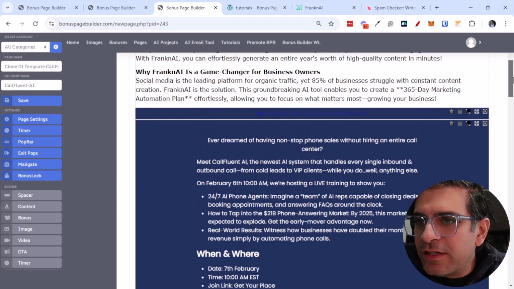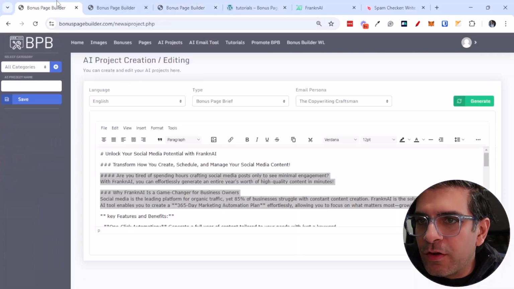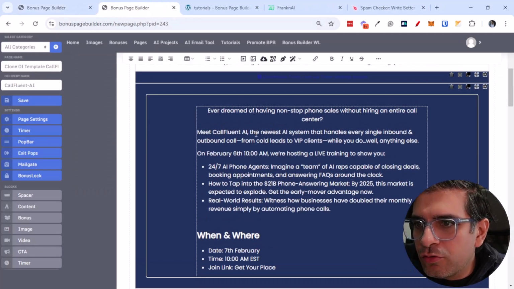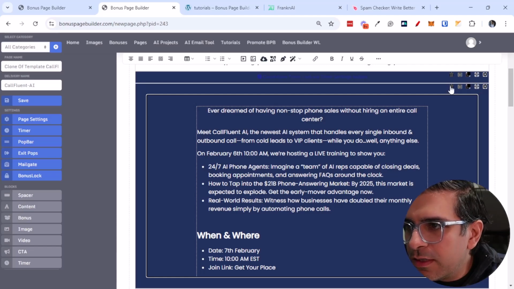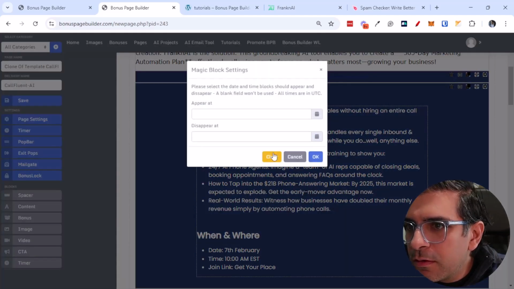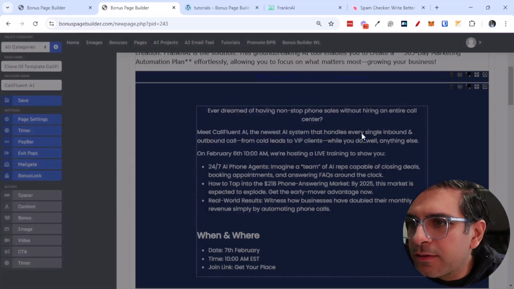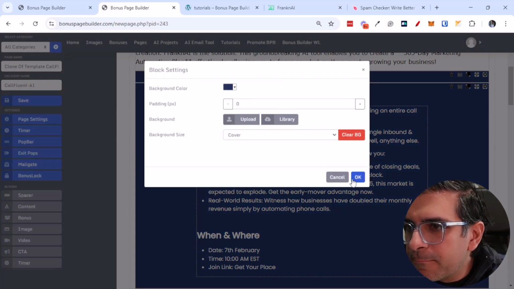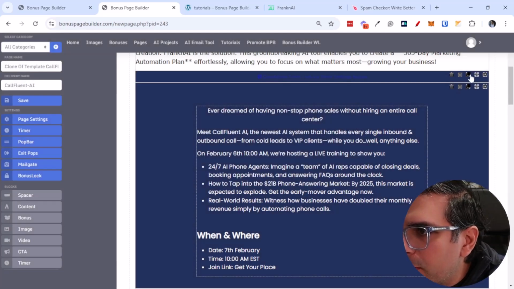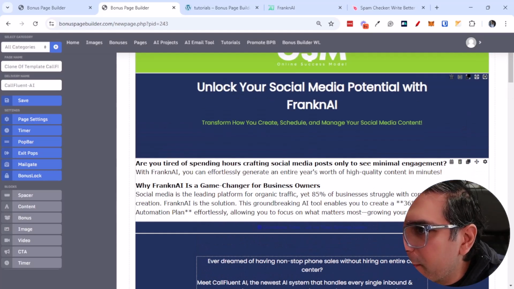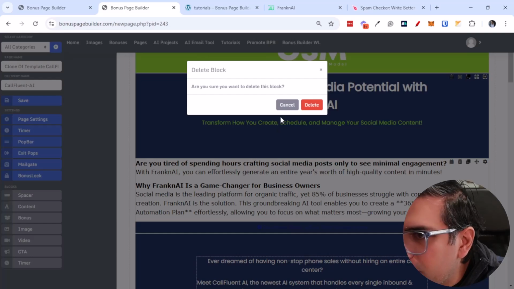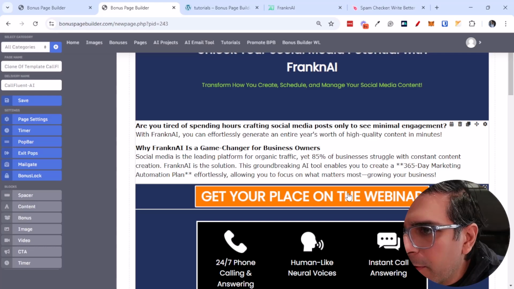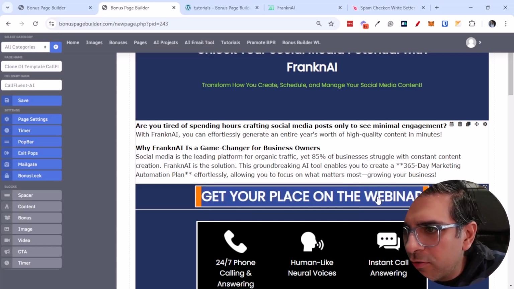So we're just gonna gradually change all of these as we're going along. So let's say this section, I'm gonna just delete this because I don't want it. Okay, so they can appear and disappear as you want. How do I delete a block? I can't actually tell the buttons apart. Okay, there's a second button there. That's what I want. Delete. Okay, so this is where I can change